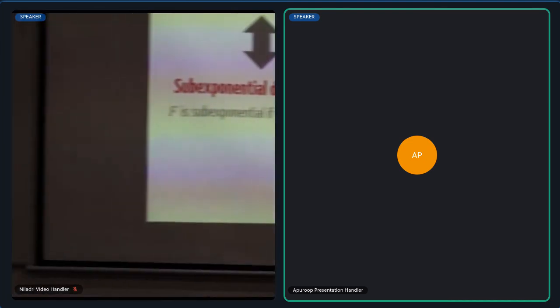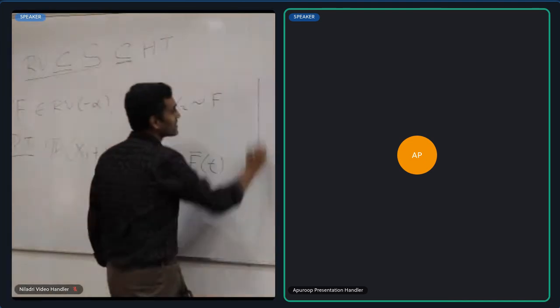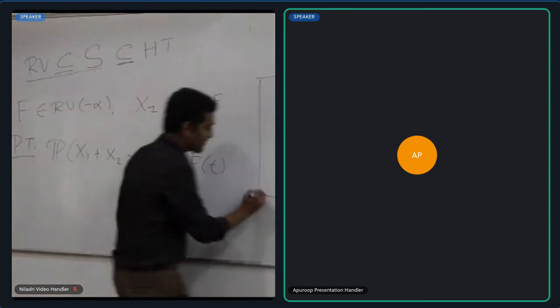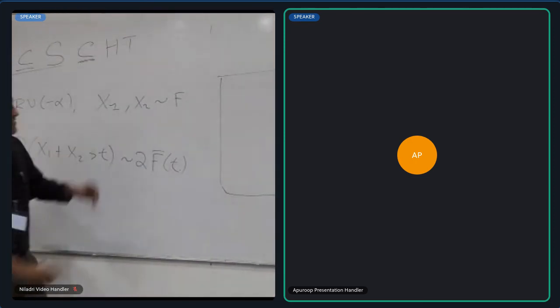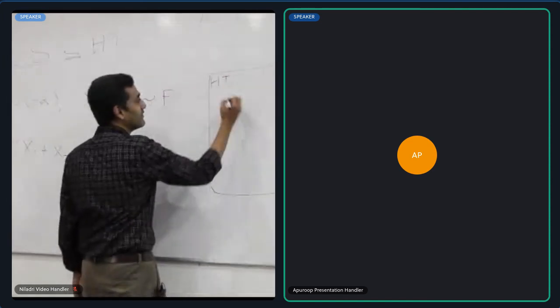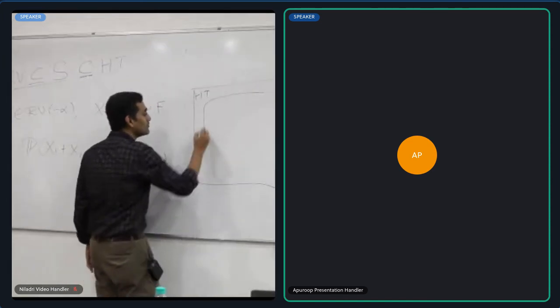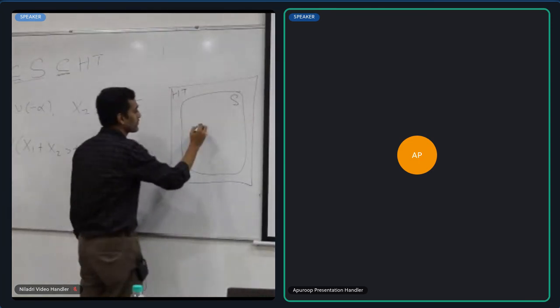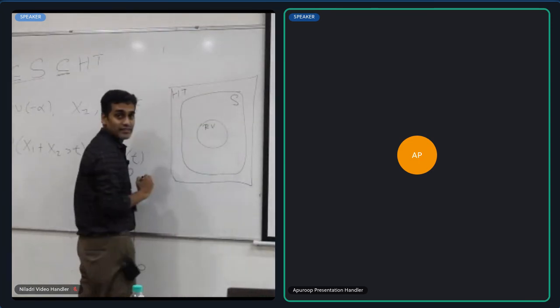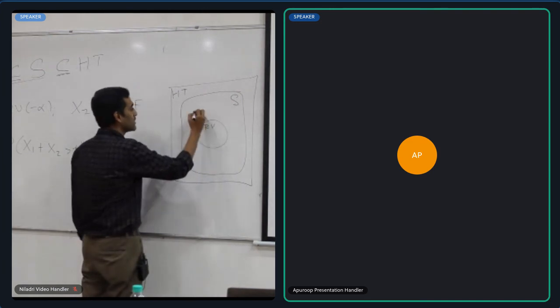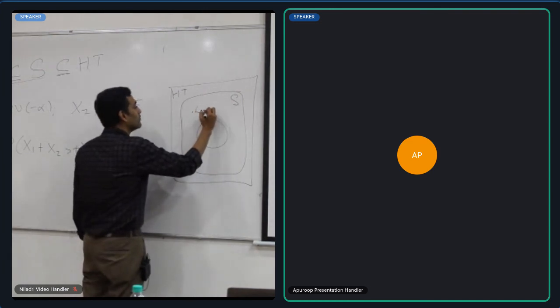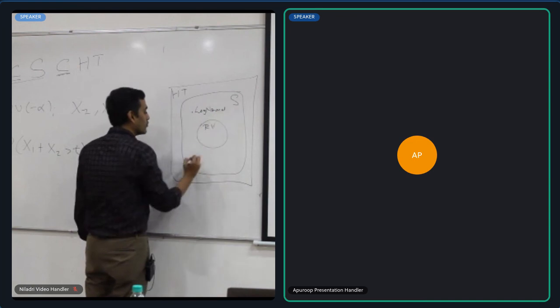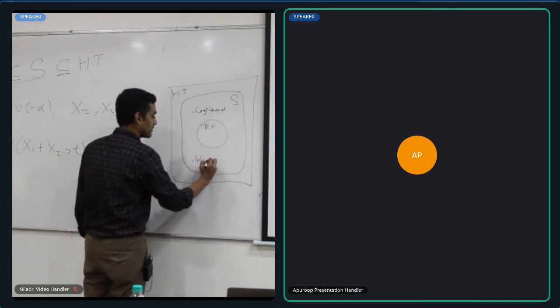Okay. So going back to pre-break, let's just look at the picture of where we stand so far as our understanding of heavy tails is concerned. This is the class of all heavy tails. This now is the class of sub-exponential distributions. This is the class of regularly varying distributions. For regular variation, we gave a bunch of examples. The log normal, the y will lie here.